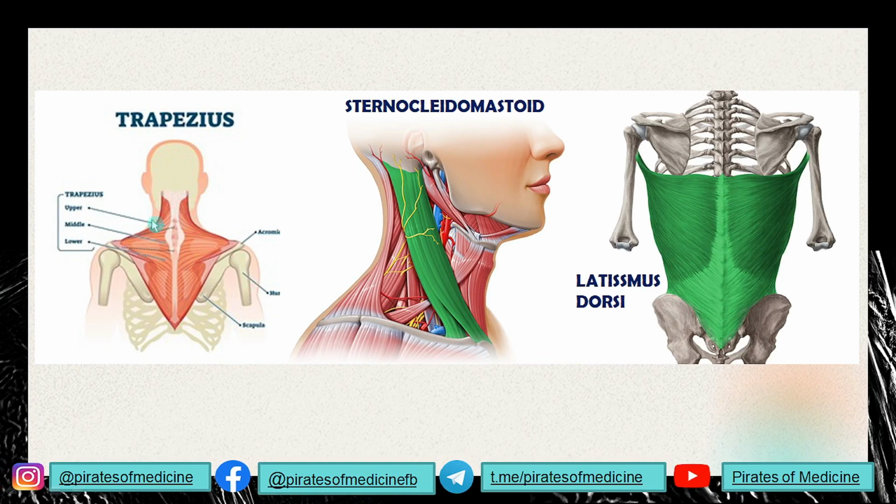You can see it is like a trapezoid. It is trapezoid in shape, and it is located in the dorsal area of the neck and the dorsal area of the back. Correct? So this is trapezius. And from here only we can see that this is the answer, but let's anyway check all the other options. Then we have sternocleidomastoid, which is a muscle located bilaterally on both sides of the neck. So this is the right sternocleidomastoid, and the left one is located on the other side. Then we have the latissimus dorsi, which is a muscle of the back, and you can see here it is not located anywhere near the dorsal surface of the neck. And sternocleidomastoid is also located in the lateral part of the neck, not on the back side.